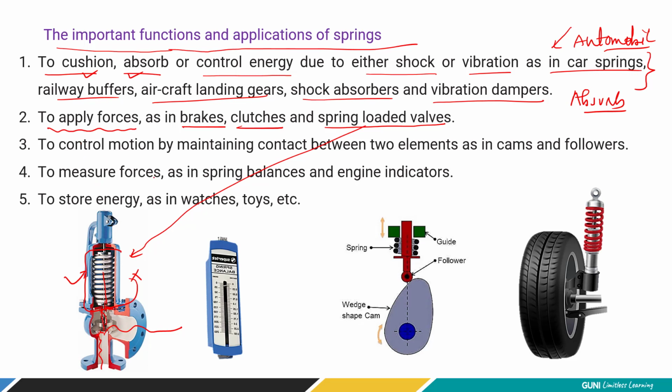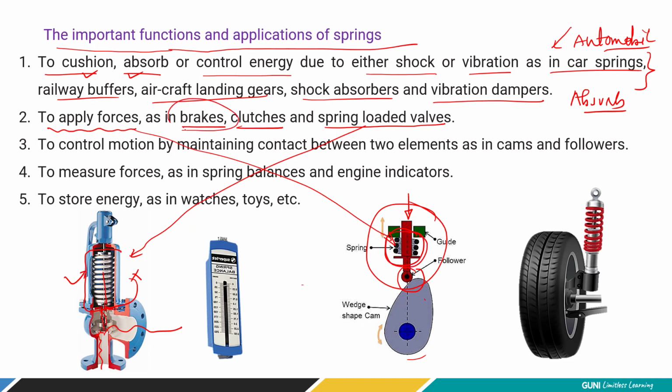Similarly, you can apply force as shown over here, right? So why apply the force? Sometimes, let's say in the theory of machines, the cam and follower need to be in contact all the time to have a proper motion. This is only possible by using the spring. So the spring simply keeps the follower in contact with the cam, right? So there is always a contact. This is only possible by simply the spring, right?